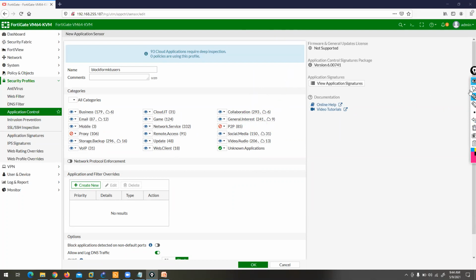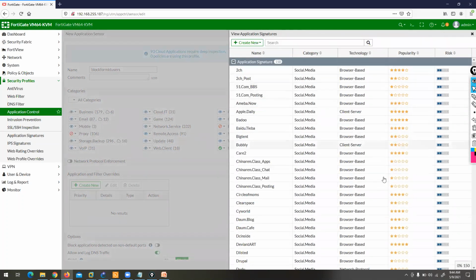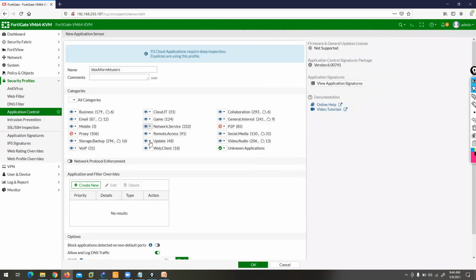If you click here on social media and verify your signature information, you can verify both cloud signatures and computer application signatures. These are the applications, and these are in categories of social media, network services, update, videos, general interest, collaboration application, cloud application, game application. For example, I want to block all social media applications. So you can click here. If you click, you get multiple options: monitor, allow, block, quarantine.